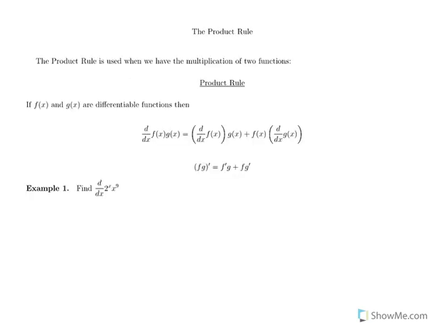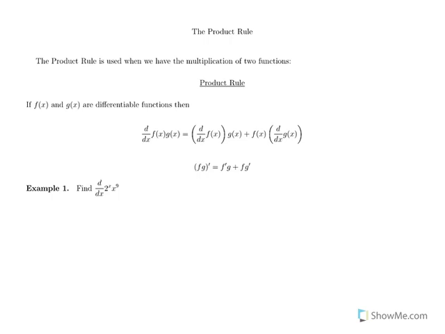First, let's look at the product rule. This is going to be used when we have the multiplication of two different functions we want to find the derivative. So the rule is stated: if f and g are differentiable functions, that means that we are able to find the derivatives and the derivatives exist at those points. The derivative of f times g is going to be the derivative of f times g plus f times the derivative of g. And we can write this in both notations, with the Leibniz notation or just with the prime